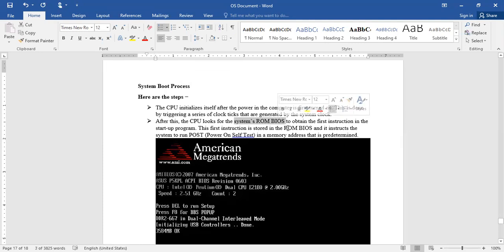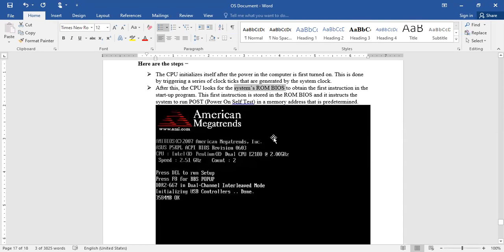Whatever instruction is present in this particular area will be executed. So after executing this statement, the system runs the power on self-test, POST. Simply you can call it POST, in a memory address space that is already predetermined. That means some address instruction will be there.